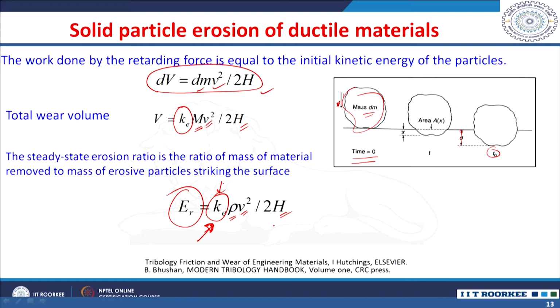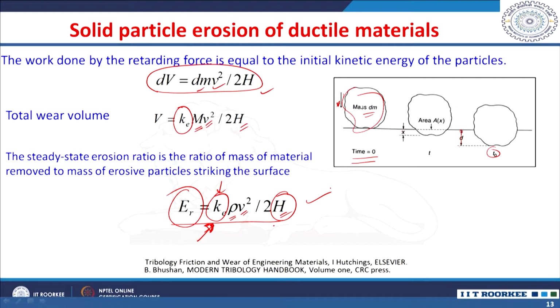Now, just remember that we will have adhesive wear conditions or abrasive wear conditions also. The wear rate can be related to the hardness in a similar way, right. So, the higher the hardness of the material being eroded, the lesser the erosion. It is almost similar to the abrasive wear or adhesive wear equation, but the only difference is you will have the term involved with the kinetic energy or the velocity, whereas in abrasive wear you do not have such a kinetic energy related parameter, right.